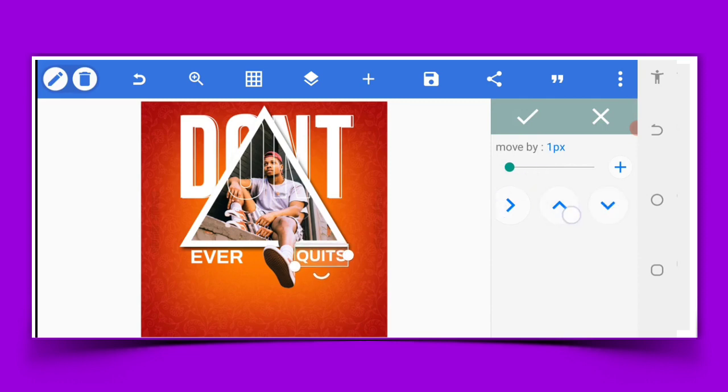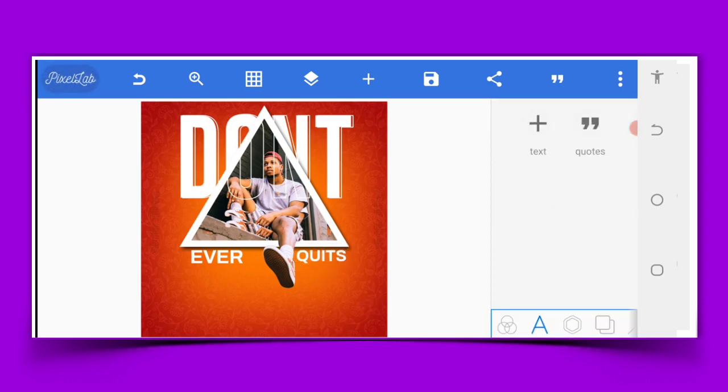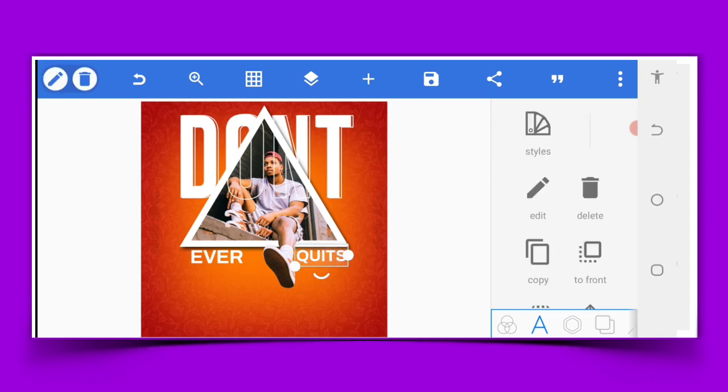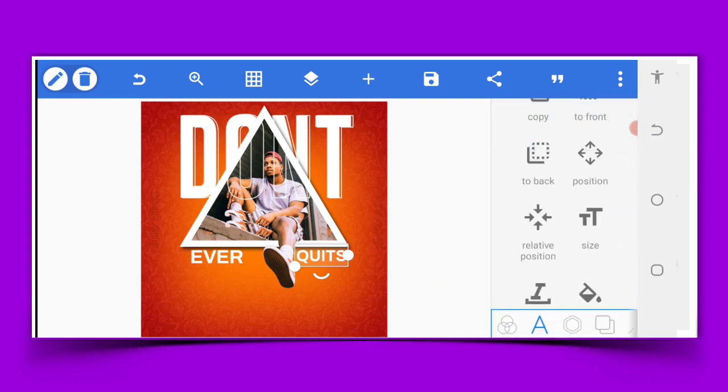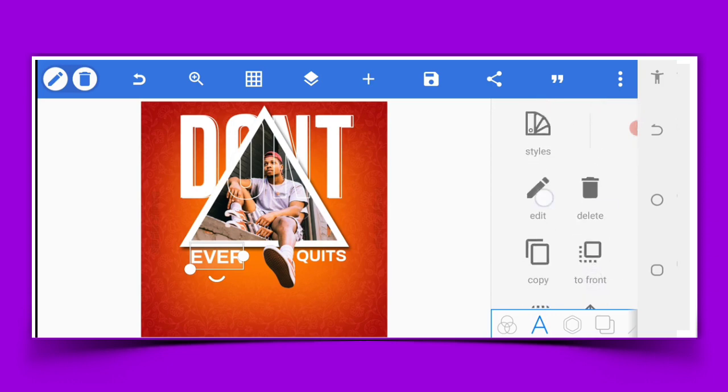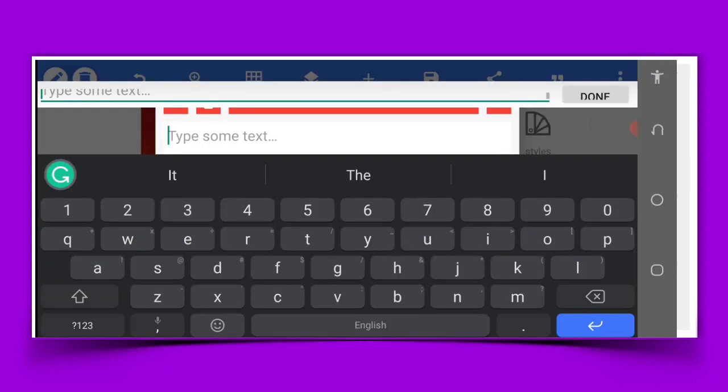And this is just my idea anyway. So you can see, right? So the next thing, don't ever, let me look at it this way. Don't ever try to quit. Very good. Because I want us to fold this particular area. So let's look at the size 61. You need to be creative. 61. Don't ever